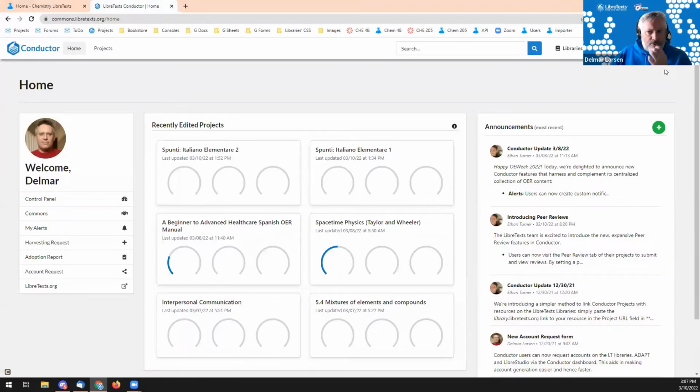So there's a recommended workflow that we have out there in terms of building a book. And it doesn't necessarily apply to everybody in every case that's out there, but it's something that we'd recommend. And that is available on the Commons and Conductor system. So if you don't have an account on the Commons and Conductor system, you can go to,